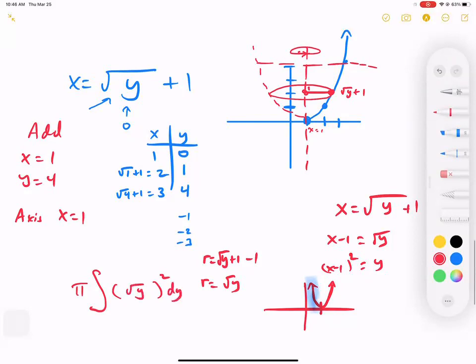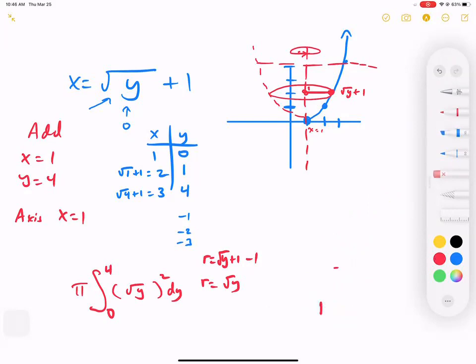And the dy. We want to make sure we have our a to b values. We're crawling this way, right? Because this is dy. So make sure you know which way you're crawling. So we're crawling from 0 all the way up to our value 4. The setups can be easy, but they can also be super annoying. Now, let's take this same problem, since we already have it drawn out, and let's give ourselves another problem very